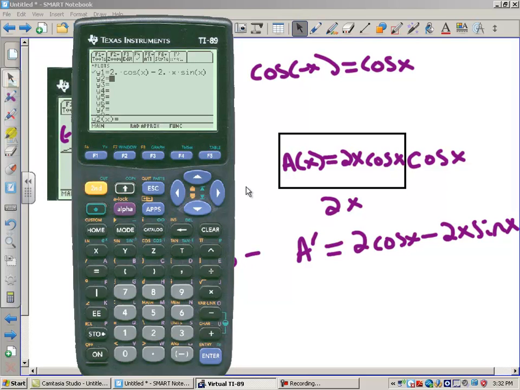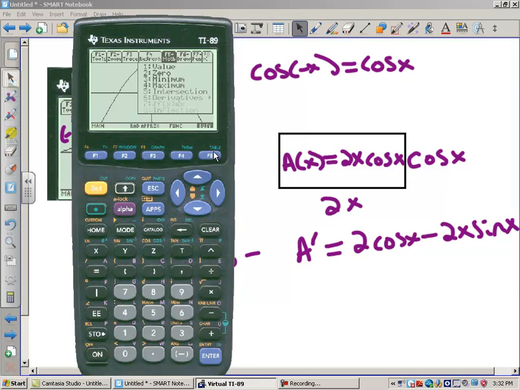Okay, so let's take a look at this picture. I need to know where that is crossing the x-axis from positive to negative, and it looks like it happens right there. This would be a minimum, this one is going to be a maximum. This is A prime going from above to below. So I'm going to hit F5, and I want to find a 0, where A prime equals 0, lower bound 0, upper bound, I think that's 1,